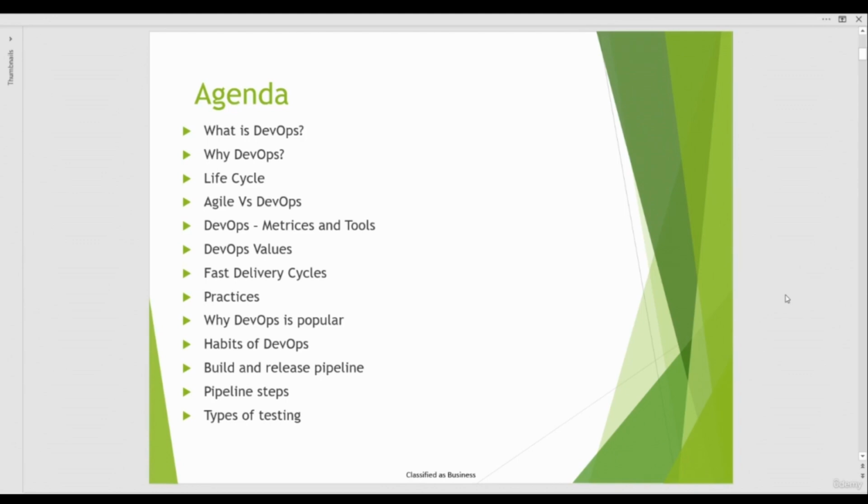We will see what is DevOps, why we need DevOps, what is the life cycle of DevOps, what is the difference between Agile and DevOps, what are the different metrics and tools available in the market for DevOps, what are DevOps values and why it is needed, what does fast delivery cycle mean, what are the best practices, why DevOps is so popular nowadays, what are the habits of DevOps, what is pipeline, what are the different pipelines available like